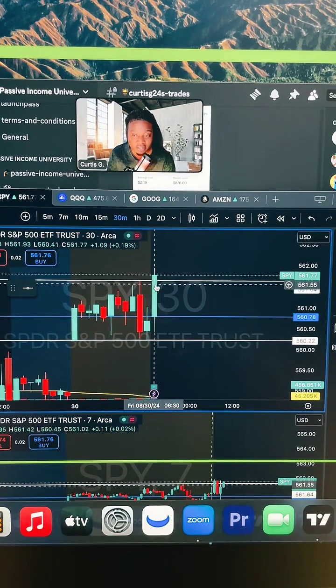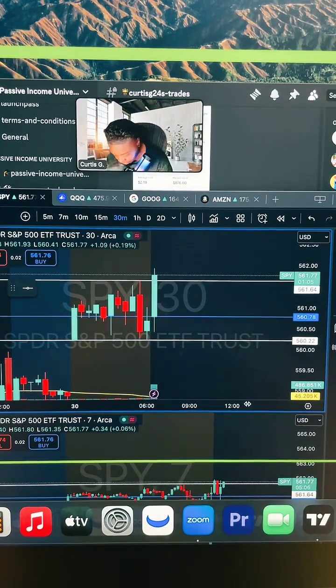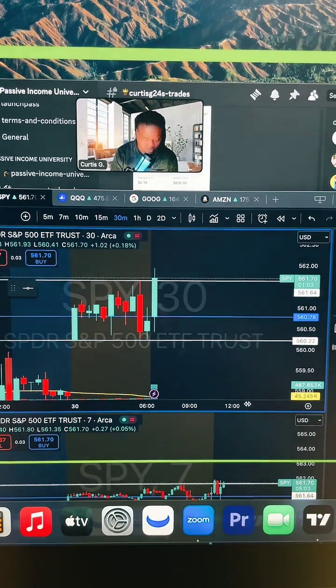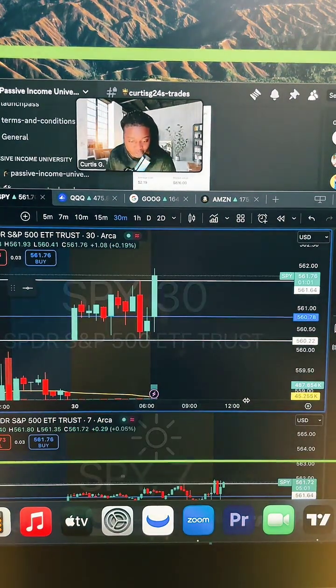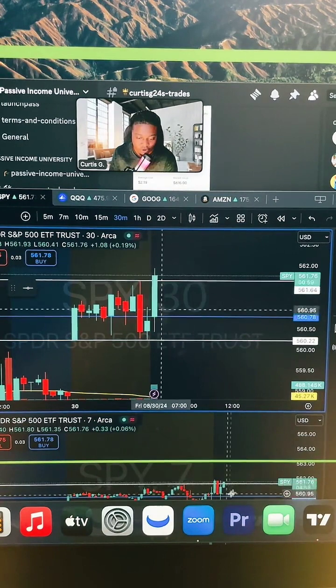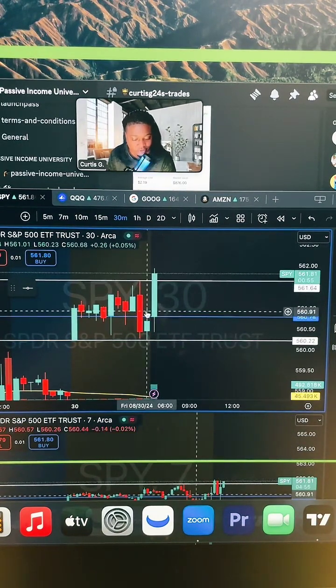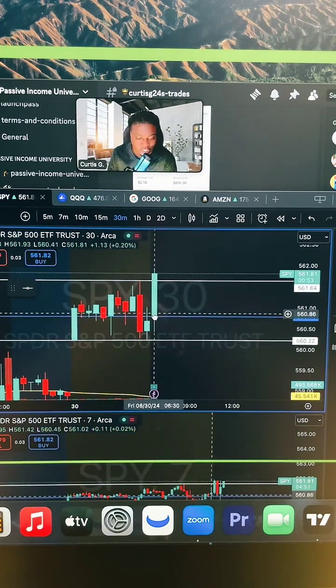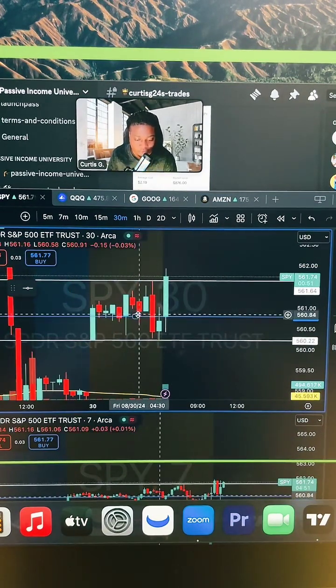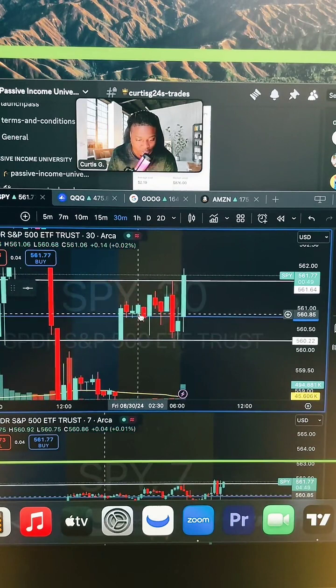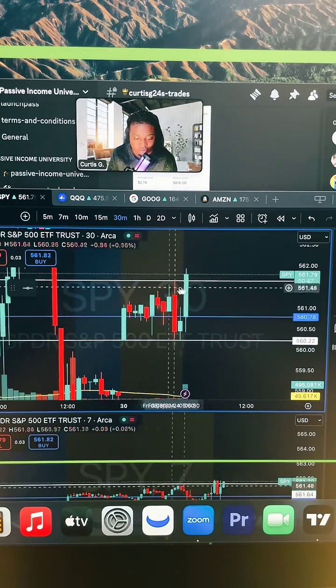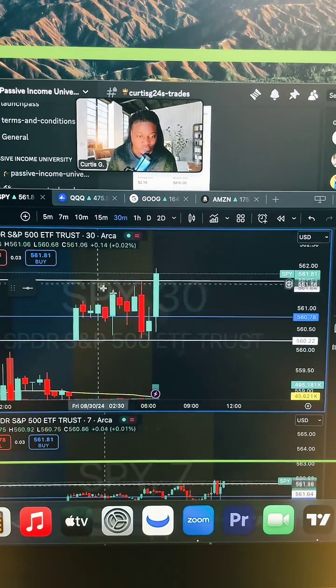We have got about a minute left with this first 30-minute candle. Let me bring that down so we can see it a bit better. If you look over here where my cursor is on the right hand side of the screen, we've got less than a minute left on this candle. Right now we've got some very, very bullish sentiment, and we're wondering if SPY is going to continue to break above the pre-market high, which is looking like it's doing.